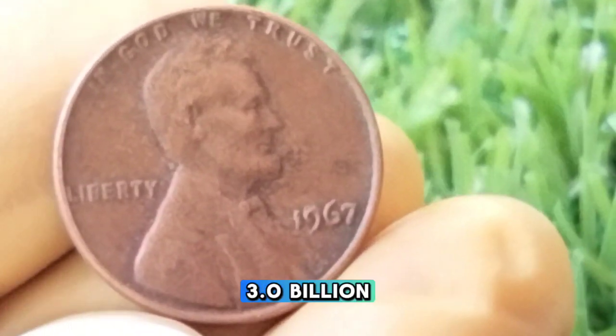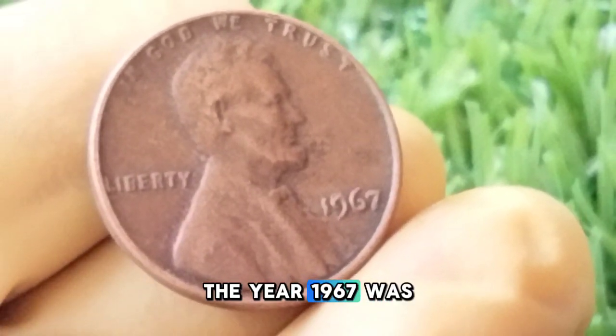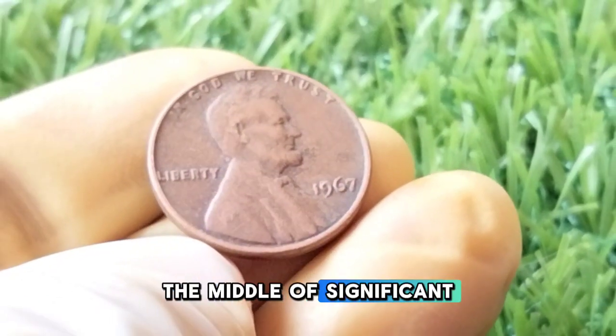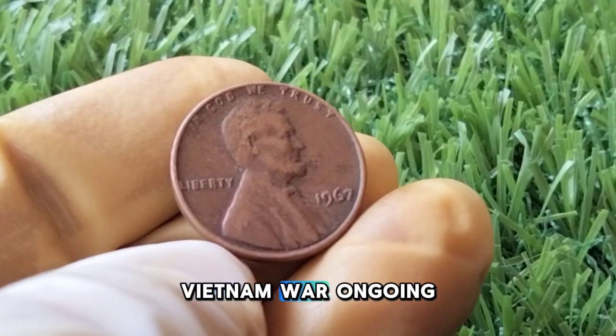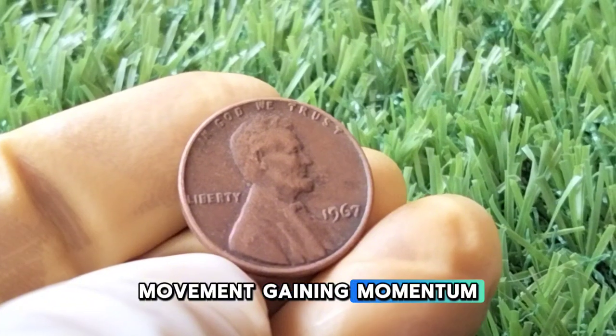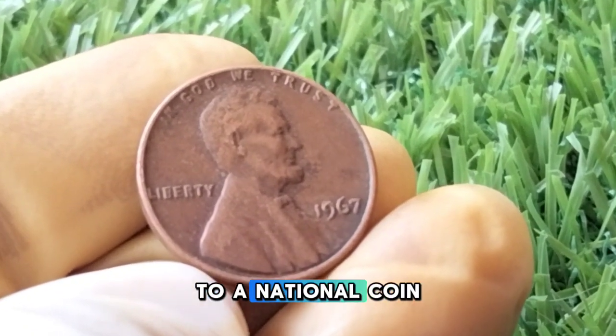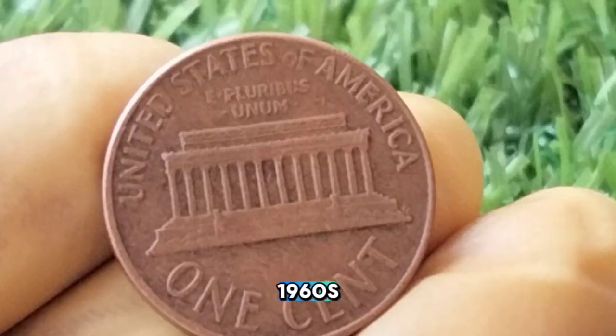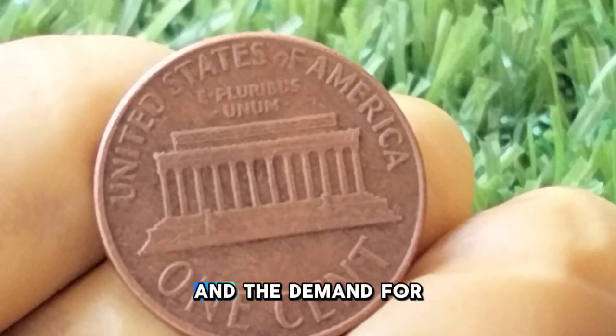1967 1 cent, 3.0 billion. The year 1967 was quite a memorable one for many reasons. The United States was in the middle of significant cultural changes, with the Vietnam War ongoing and the civil rights movement gaining momentum. The US Mint was also responding to a national coin shortage caused by the rising value of silver. That's right. In the 1960s, the US was facing a shortage of silver, and the demand for coins, especially